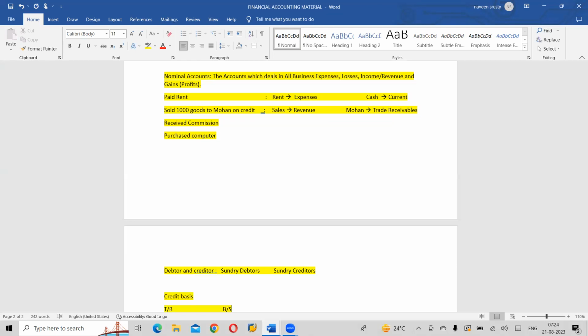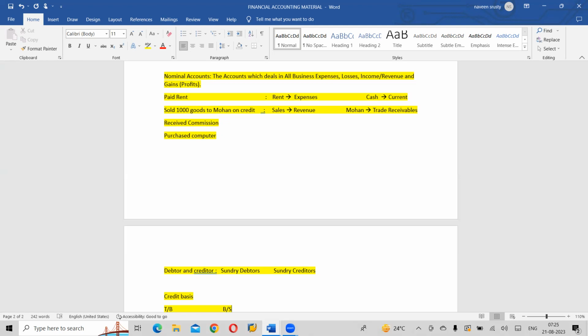Individual ledger accounts, we will prepare each and every ledger. ABC account we will prepare, 1, 2, 3 account we will prepare, DEF account, 3, 4, 5, 6 account, all in individual ledger accounts. But when it comes to my trial balance or balance sheet, what we are going to do is club all the debtors, and show how much total amount we are supposed to receive from the total debtors.